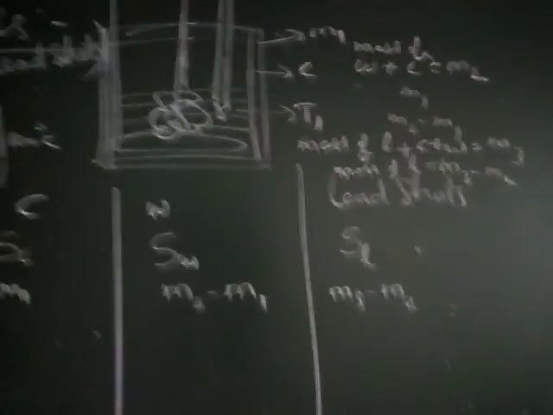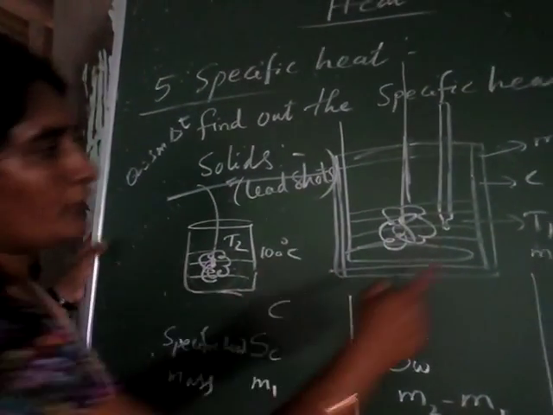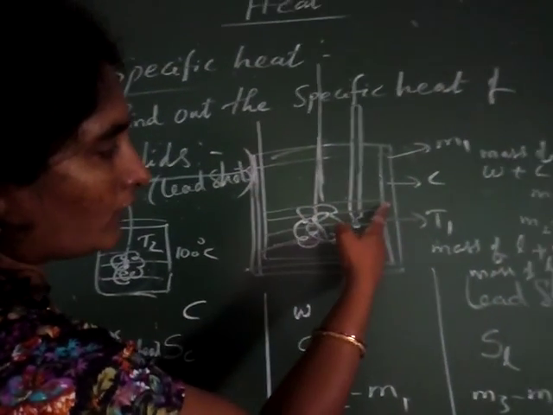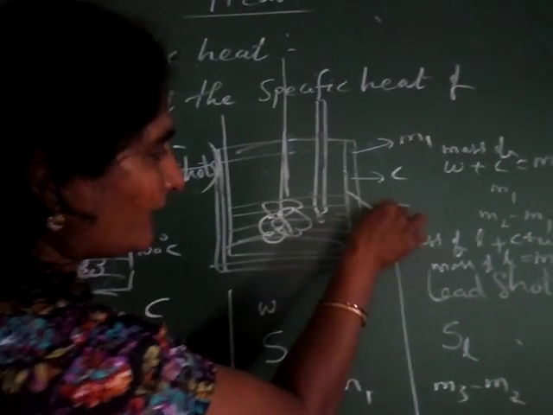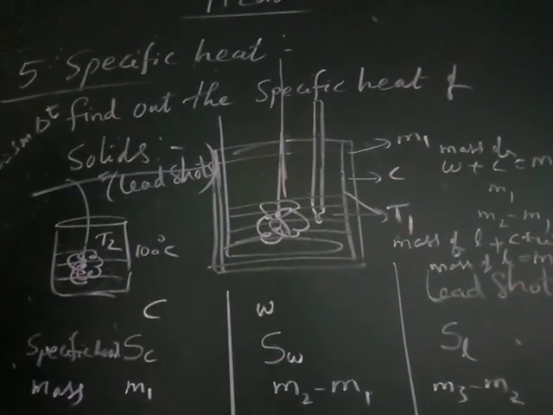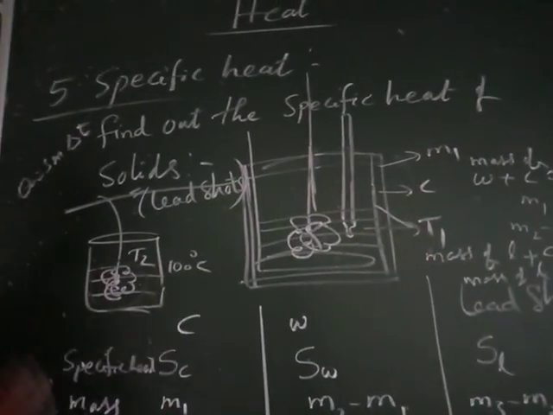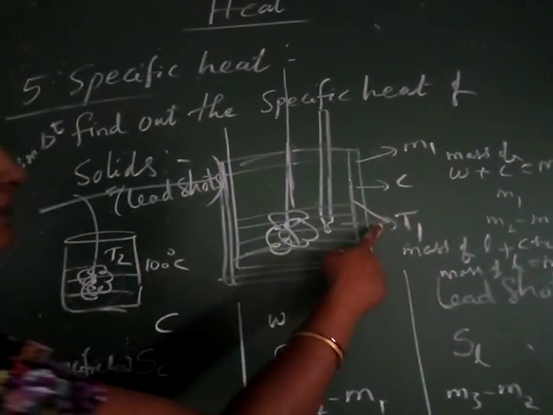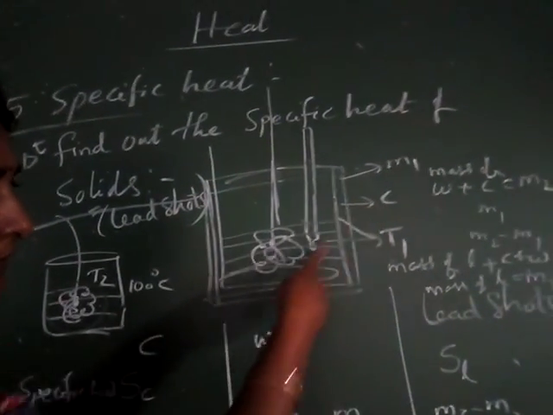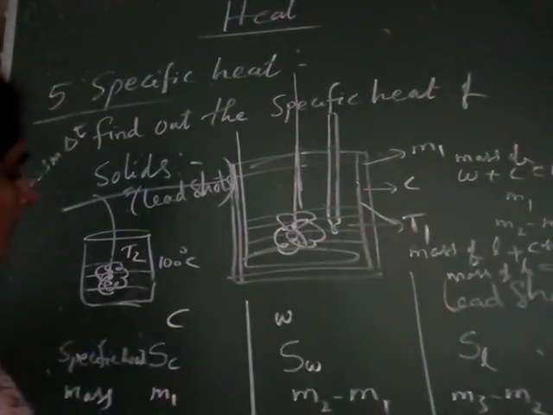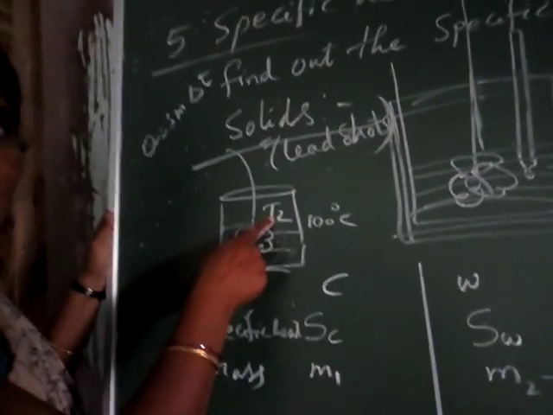Now you come to another one. Delta T we have to do. Delta T, how much is the difference? I already told you two bodies are there, calorimeter and water. The temperature of calorimeter and water is T1. That is the lowest temperature. Given in your textbook, somebody is telling that is T2, this is T1, no problem. But here the colder body temperature is T1. Here two colder bodies are there, one is the calorimeter and another one is the water. That is T1. And now the hot body is the lead shards. Okay, lead shards temperature is T2.